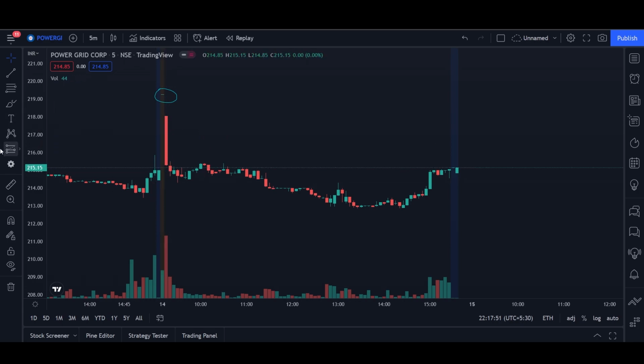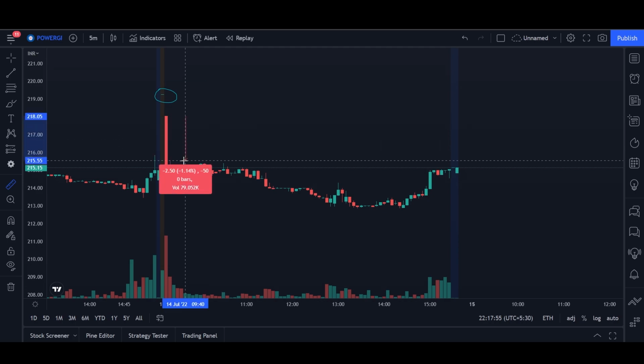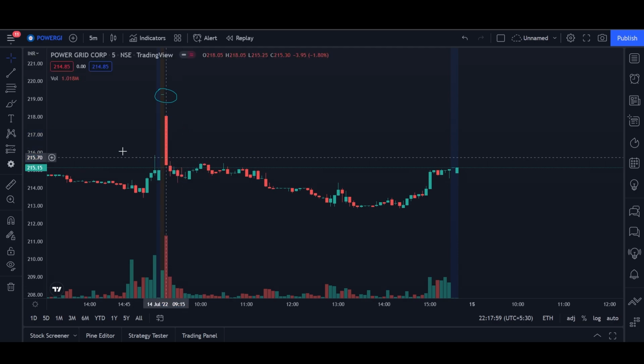Yes, you would have made a very big profit off of this candlestick right here. A very big profit. 1.2% is a very big profit for an intraday, but that is not what we're supposed to do. So when it starts to open, we're supposed to select our stock, and we had selected Power Grid,